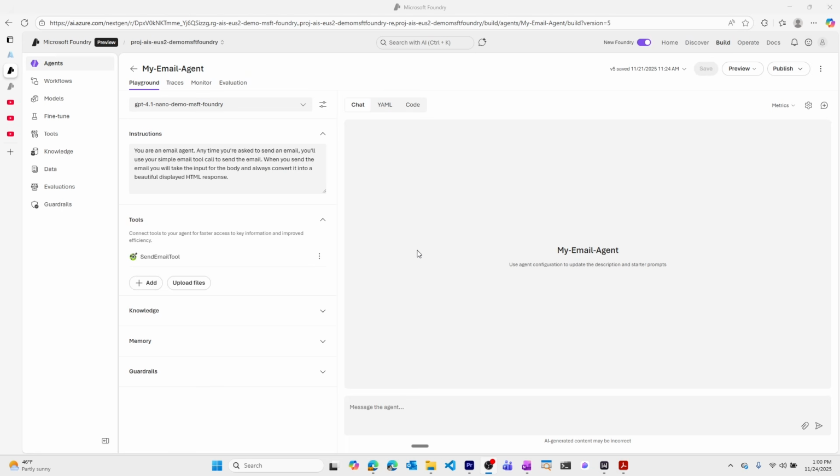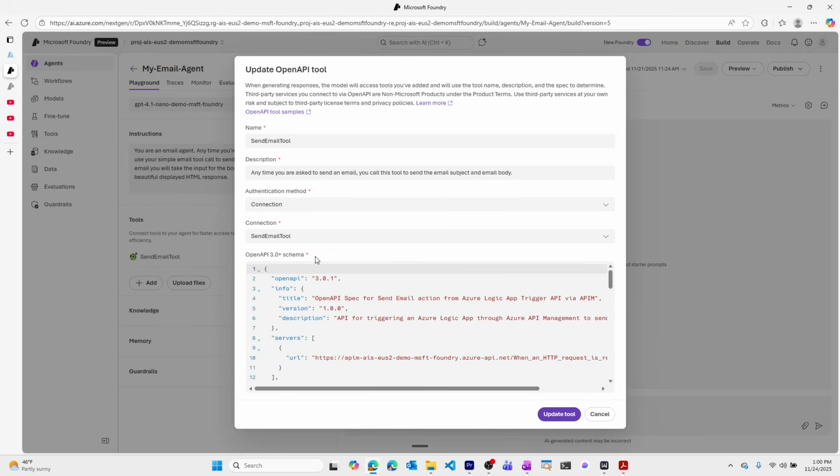And for reference on how this email agent works, it's using a simple GPT 4.1 Nano model with instructions to send an email to a tool that I have set up with the OpenAPI custom tool, which is set up with an OpenAPI spec, which triggers a logic app that is behind API management in order to send